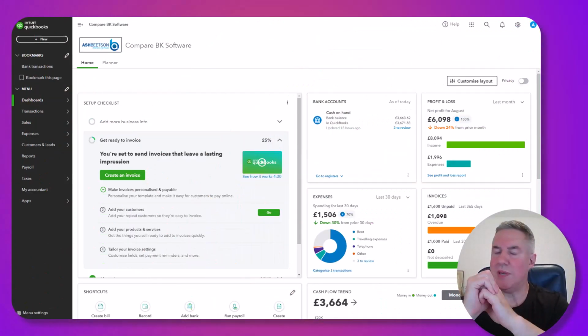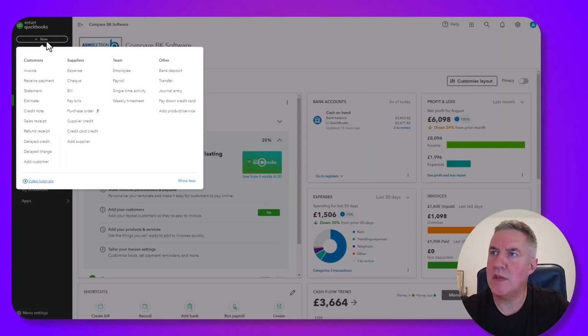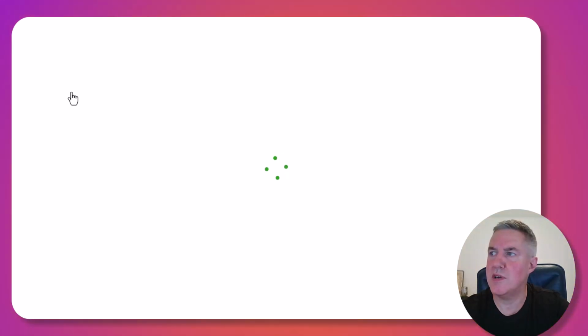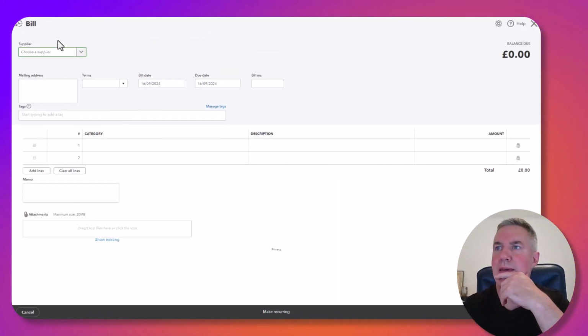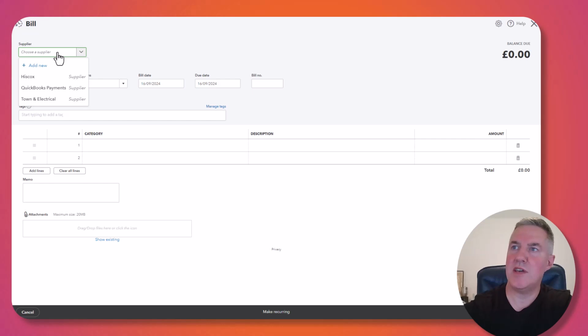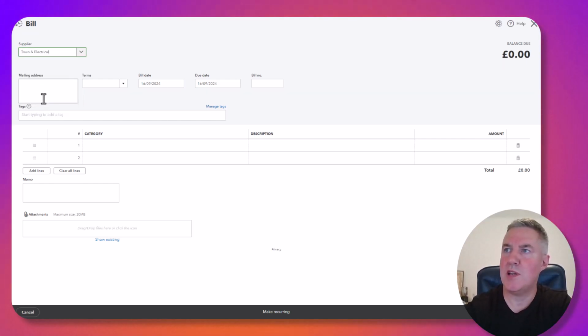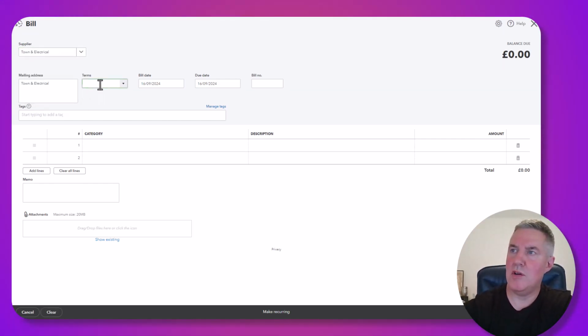Okay, so in QuickBooks, the first thing I'm going to do is go to the New button and underneath Suppliers select this option here to put on a supplier bill, and I'll select the supplier's name, which is going to be Town and Electrical. I'll put in here 30-day terms. I'll put on a bill date of 13th of July, so the due date's there, the supplier's bill number,